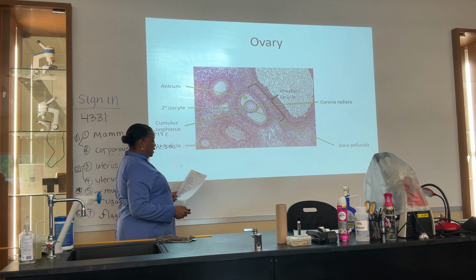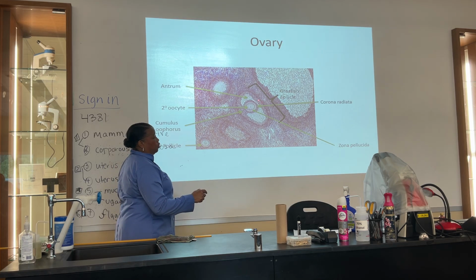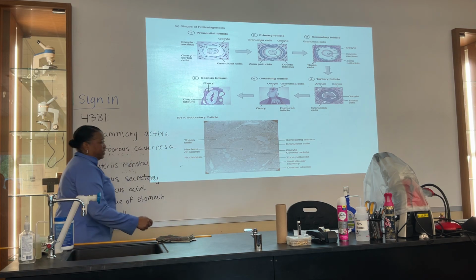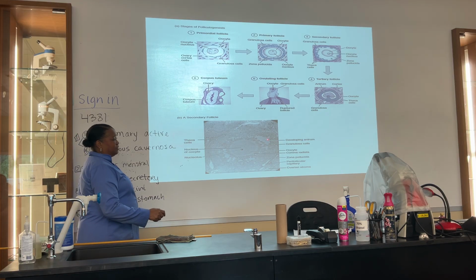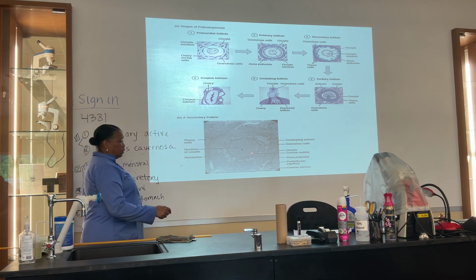And supportive cells around that are the corona radiata. So when you look here, it's these granulosa cells that are creating a crown of rays around the zona pellucida. So the crown of rays is peripheral to the zona pellucida, and then you have the egg. All right? And there's a nucleus and nucleolus of the egg, of the ovum. So the egg, the zona pellucida,